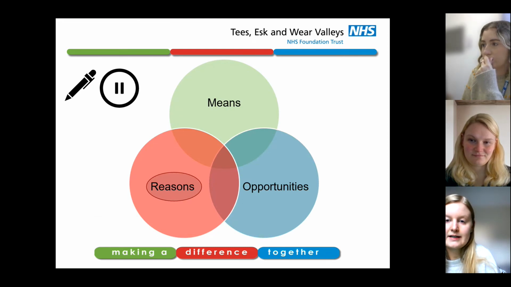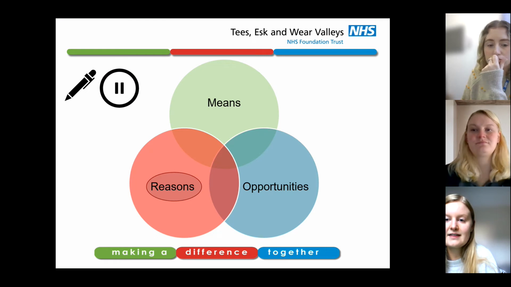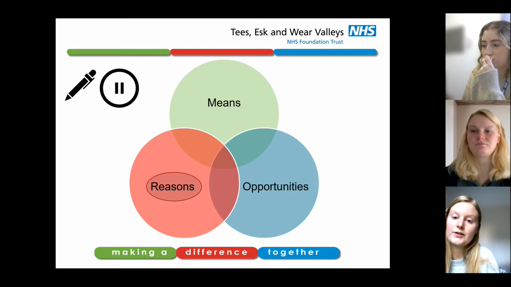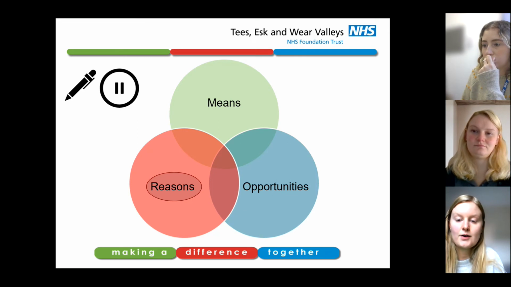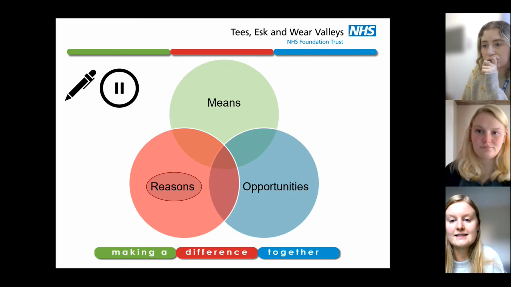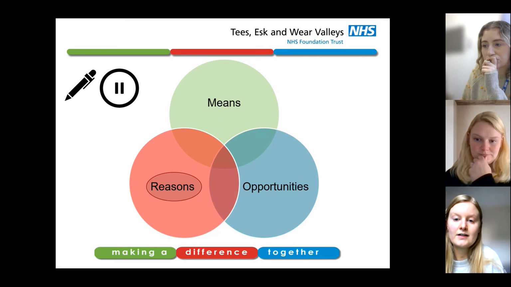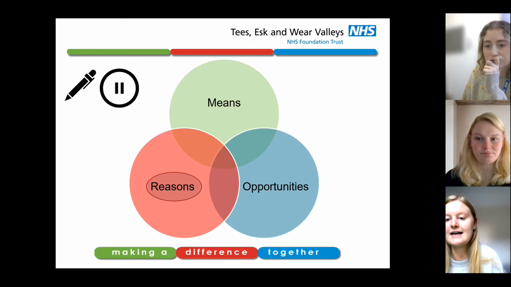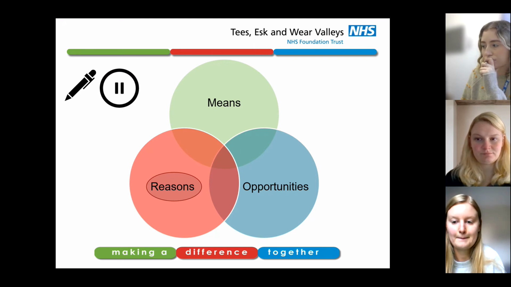Okay, so now we're going to think about the reasons that people communicate. So have a quick think about why you might want or need to communicate with someone. So again, if you pause the video for a few minutes, write down your ideas in the reasons circle, and that's in section 2 of your workbook. So if you pause, have a think about it, and then come back.